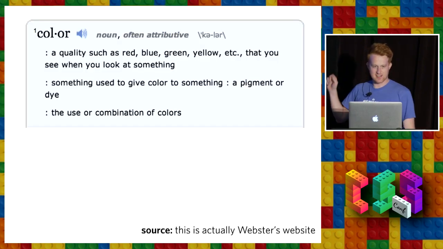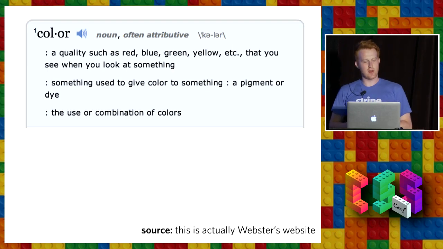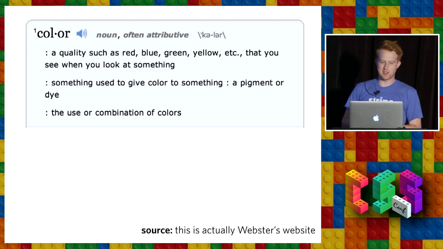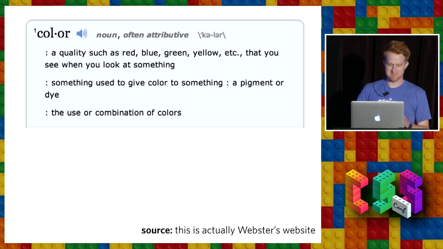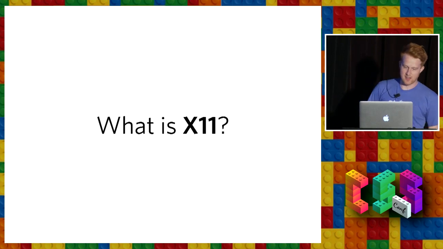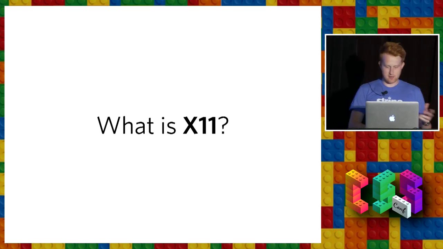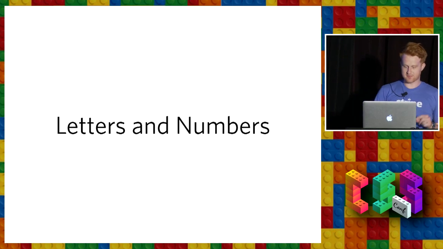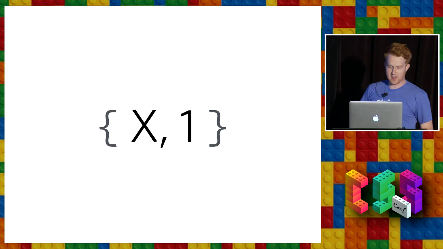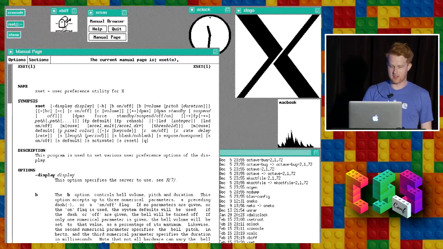So color, it says, is a quality such as red, blue, green, yellow, etc., that you see when you look at something. So now that we have that background, what's X11? You can't really understand what X11 is without understanding a few other things first, namely letters and numbers. Or more specifically, a letter and a number of which the set is X and 1. X11 is this